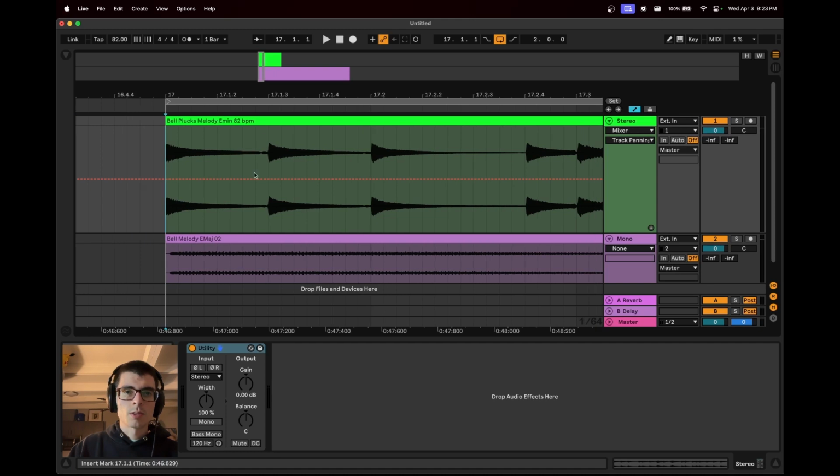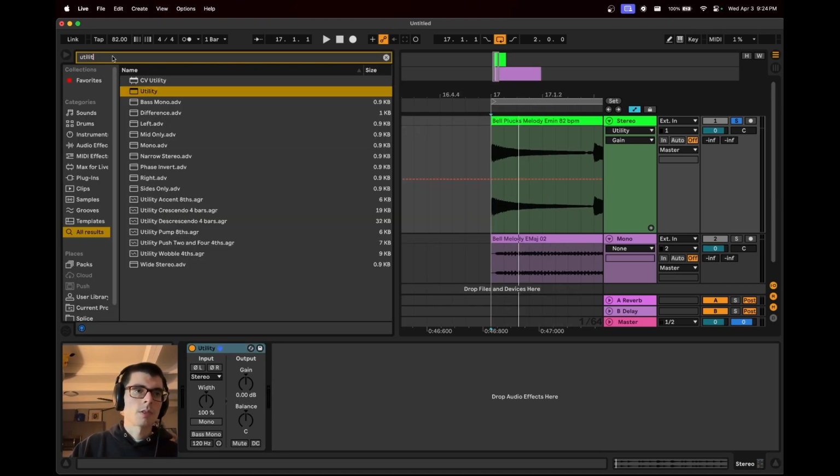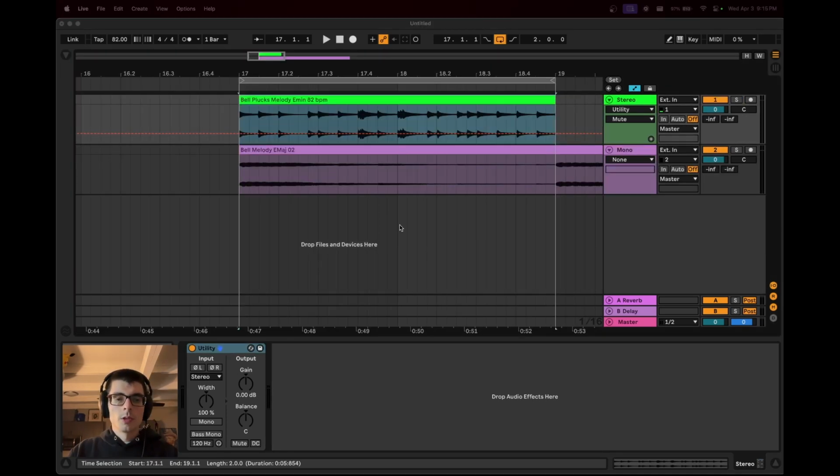I think the best place to start would probably be utility's controls. So if you're brand new, you've got gain over here, right? And that's just basic volume control. And you're like, why would I use that, right? I have gain over here on my fader. One of the main reasons you might use it is just in between plugins, right? So if I have like a saturator,